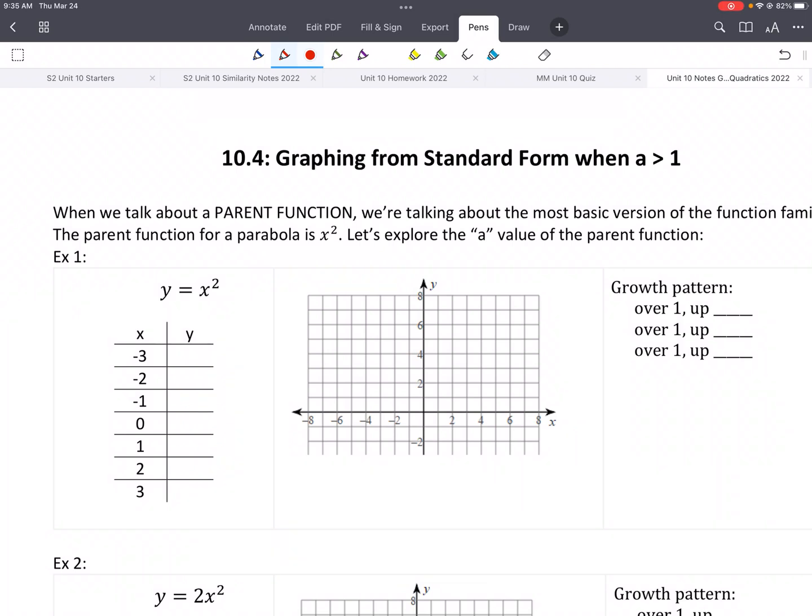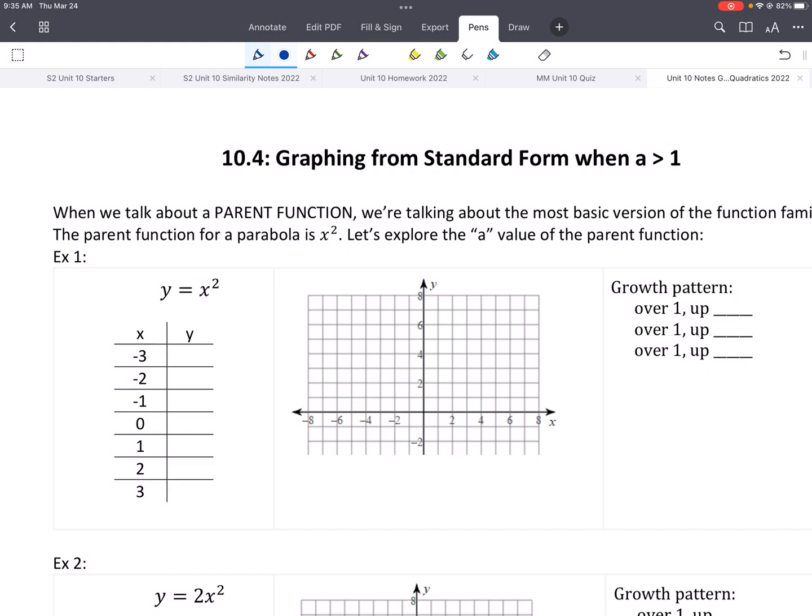All right, everybody, this is 10.4. So, in our last lesson, we figured out how to find the vertex. The time before that, we learned about the growth pattern. So we're going to go back to 10.2, and we're going to revisit and see what happens if A is